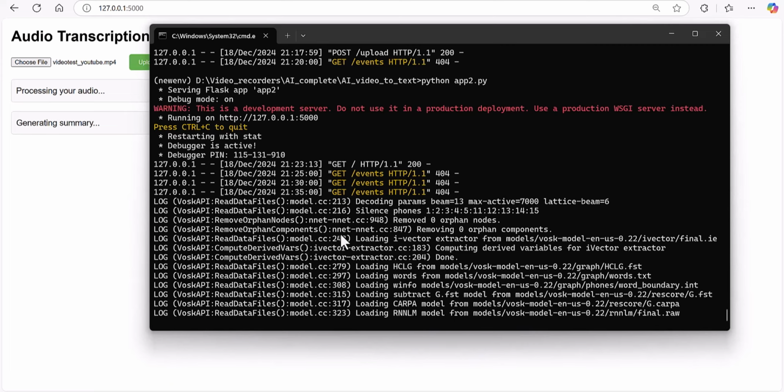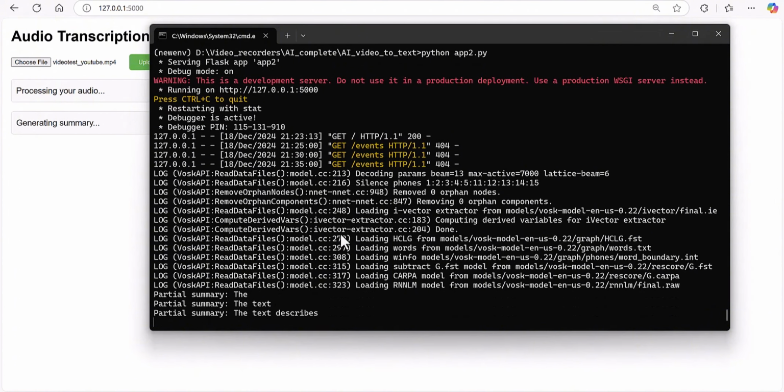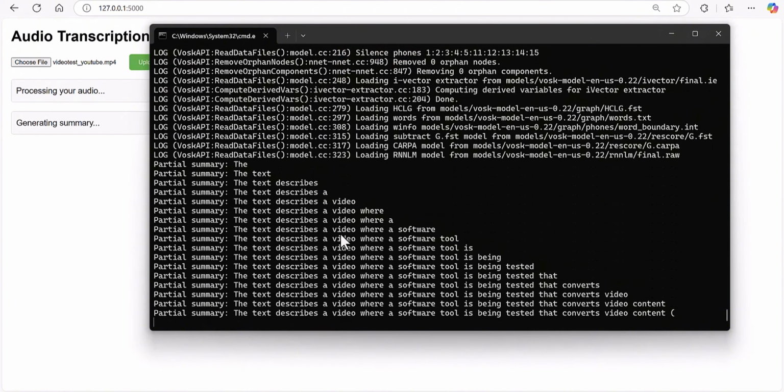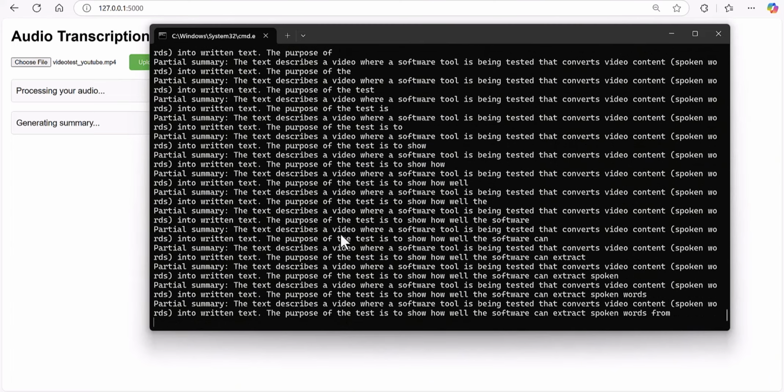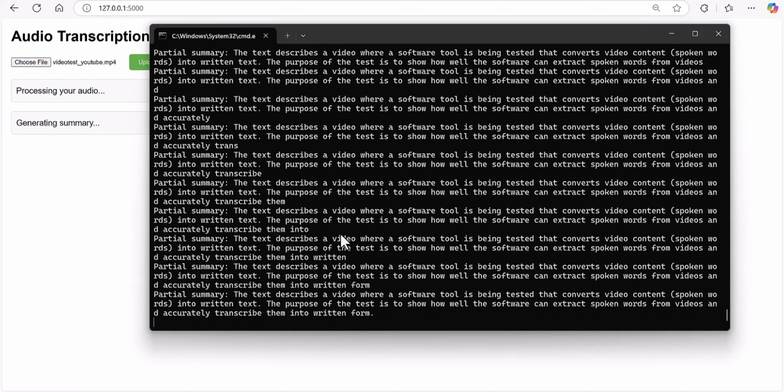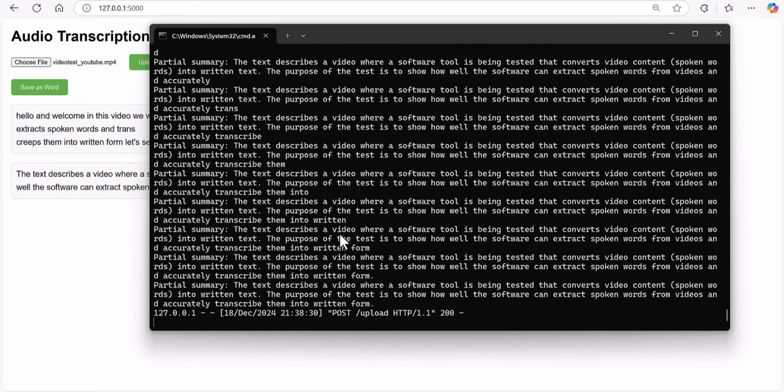And after it converted all this text, Ollama will summarize this text and give you the summary of this video. So this is the whole story behind that, and it also depends on the capability of your machine. And you can see now it's running to provide all this text. And after that, here you go.